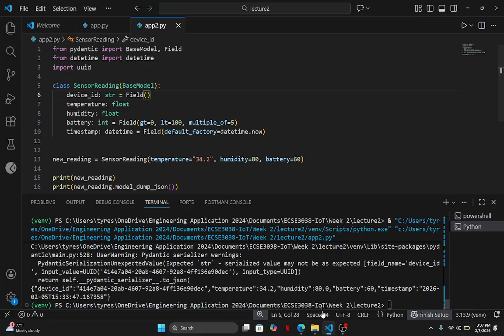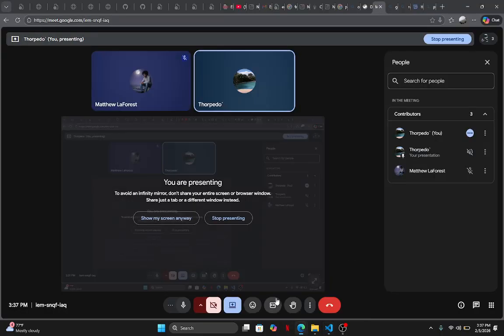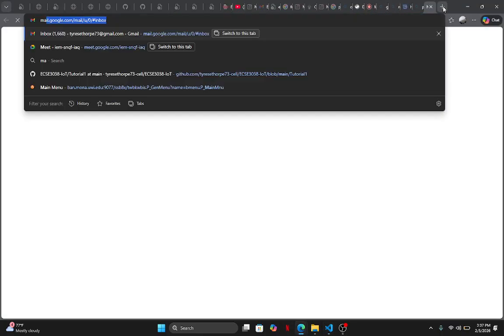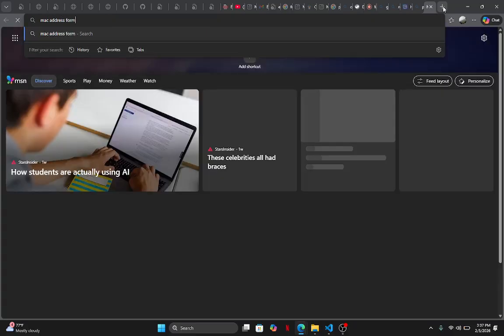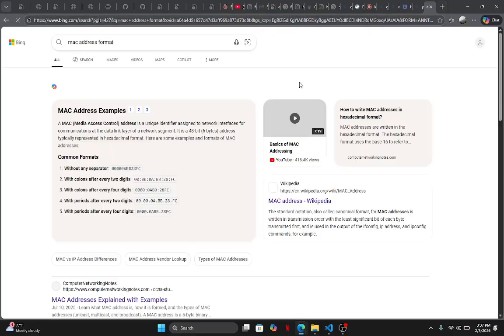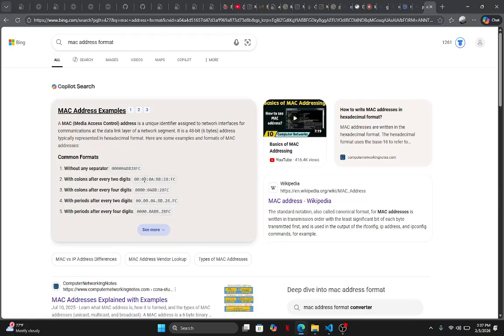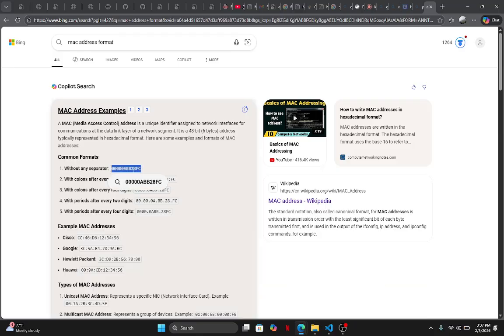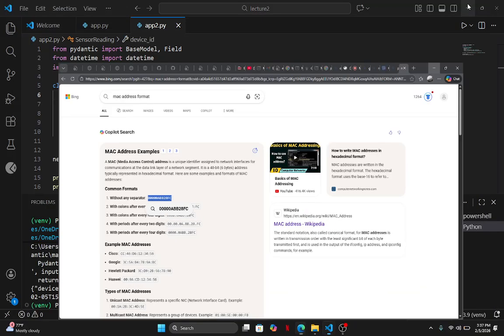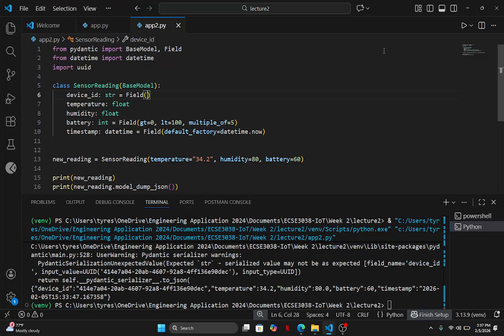Let me check the MAC address format. So MAC addresses always have 6 chunks of 2 characters, and 6 times 2 is 12. A MAC address will always have 12 characters.